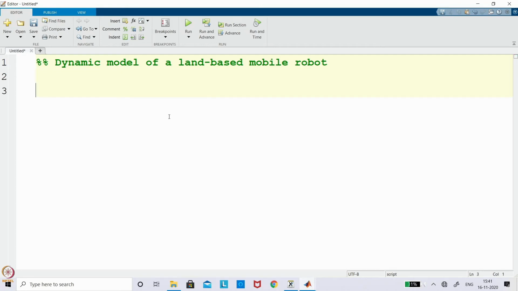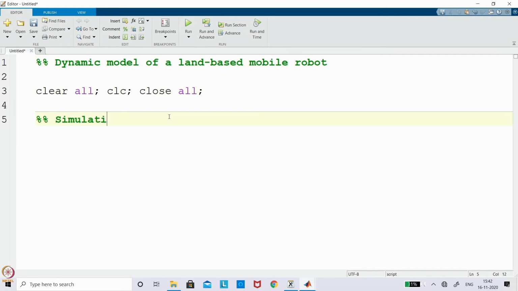Now what you have to do, I will be running so many things, so better I put in the mandatory things. We will come back. So the simulation we have started. The simulation parameters, I will take from the previous case. We said delta t, which we denote as dt, would be 100 millisecond, which we have written as step size. So I will write that. Then we write the total simulation time as ts. I can take any value, but right now I am taking 10 seconds. This is the simulation time.